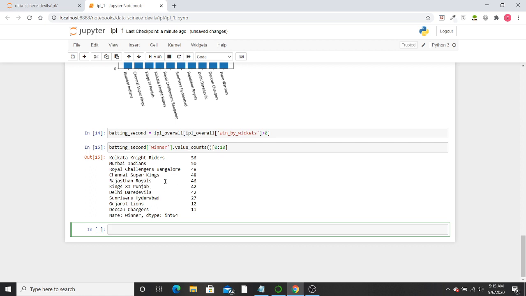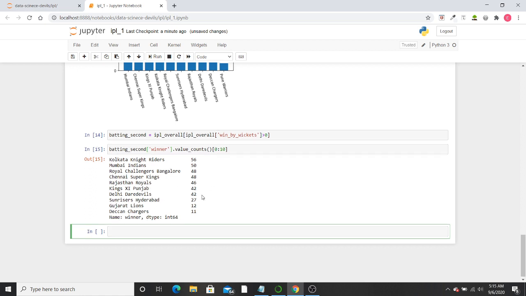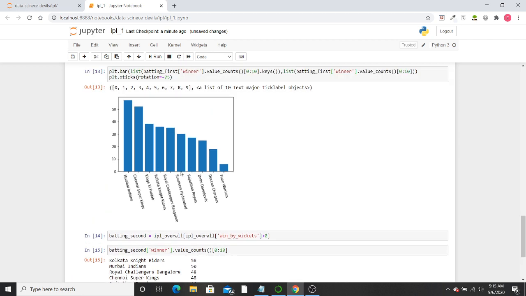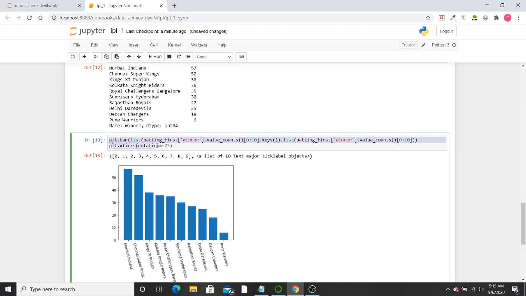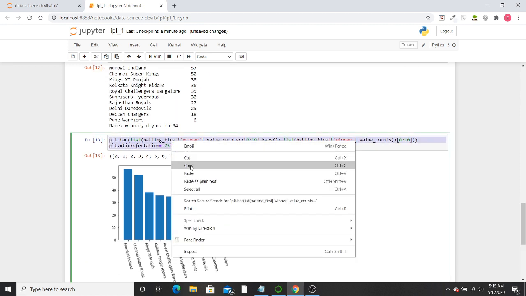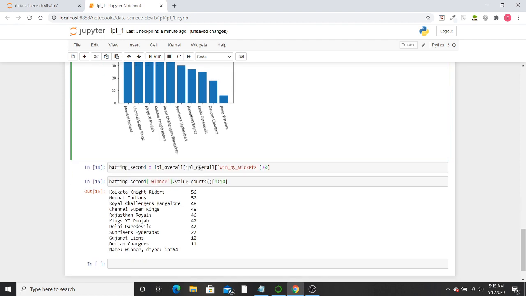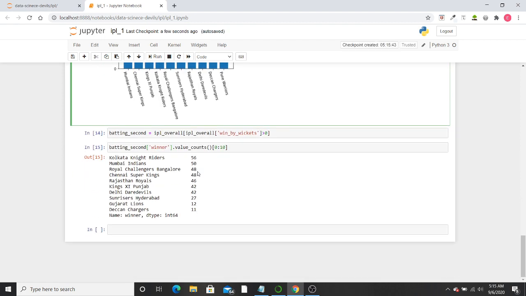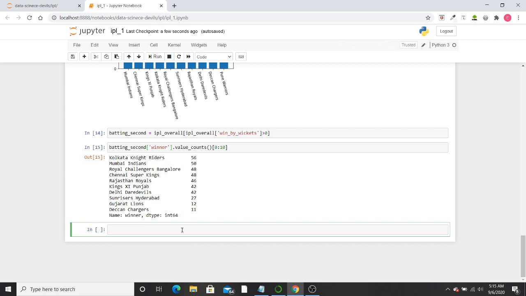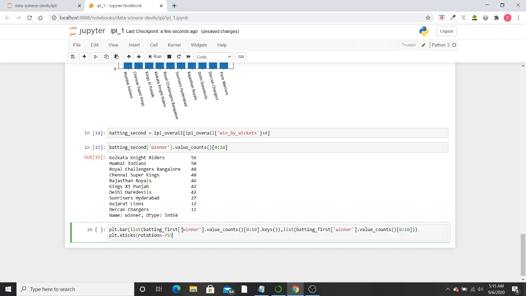Now, if someone is not able to understand in tabular manner, we'll plot some visual for them, which is nothing but a bar plot. So again, copy it. I didn't save. So now the name is batting underscore second.